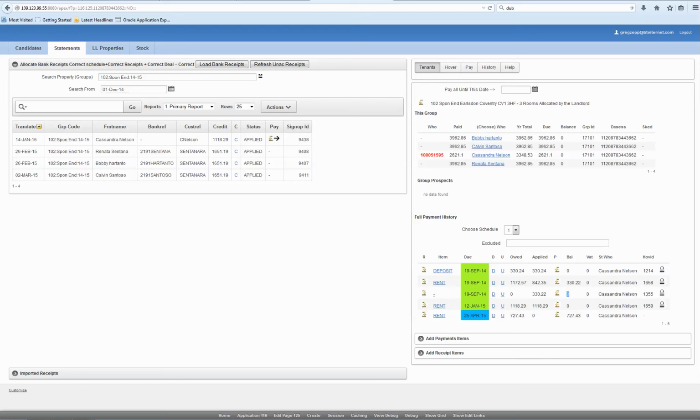That's the owed, applied. P is the pay button. B, BAL, is the balance of the particular item. How much is owed left on that particular item. VAT is just what the VAT would be if the item was VATable, and that's who it is. This is the HOV ID, which relates to the information on this tab here. And if we just pay that one again,